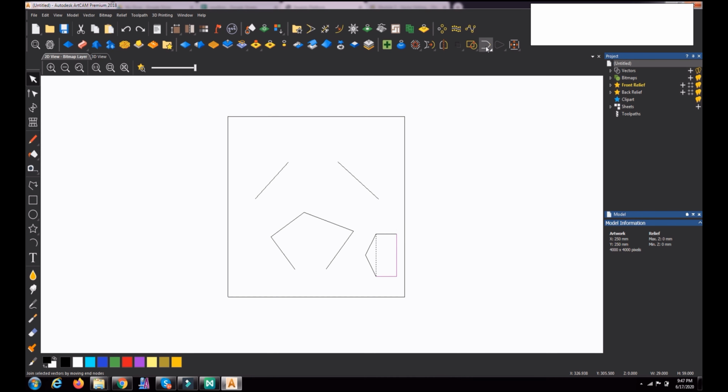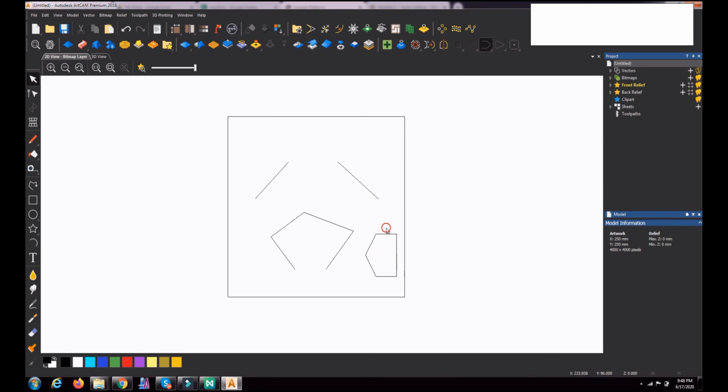I can join these two, then select the third vector and use the same joining command again. Now I select the fourth vector and join. So all together everything got joined and becomes a closed vector.